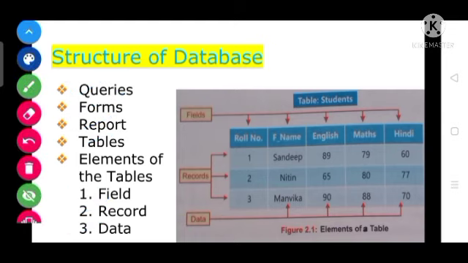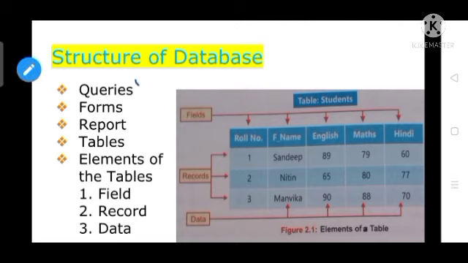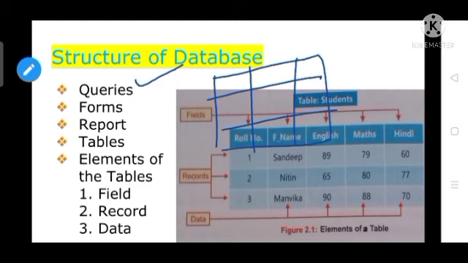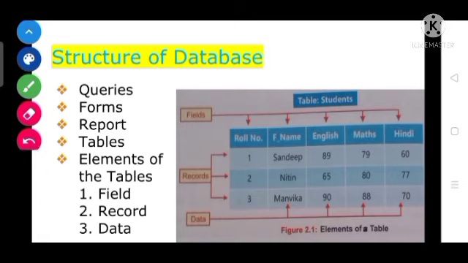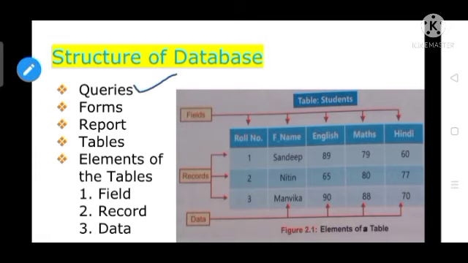So what is a query? Let me first explain what you mean by query. A database stores a vast amount of data, meaning a huge amount of data. But queries help us retrieve filtered data based upon some condition, meaning which type of information we want from the whole database. If a huge amount of data is stored in a database, then getting the particular information we want is possible by using a query only.